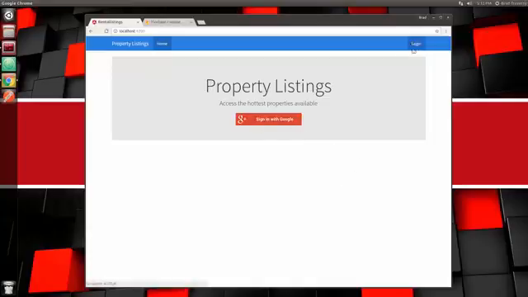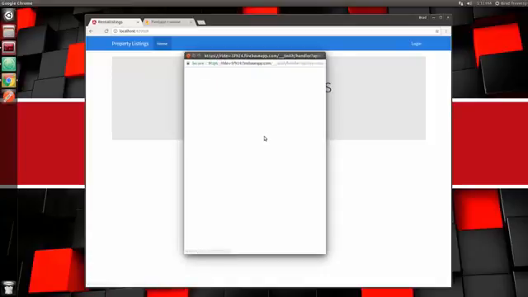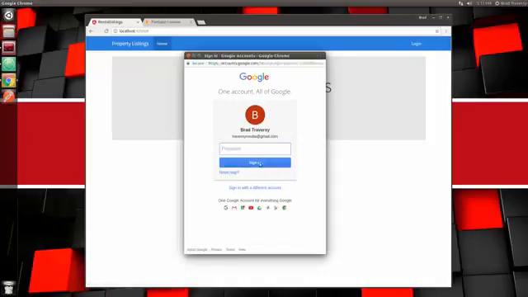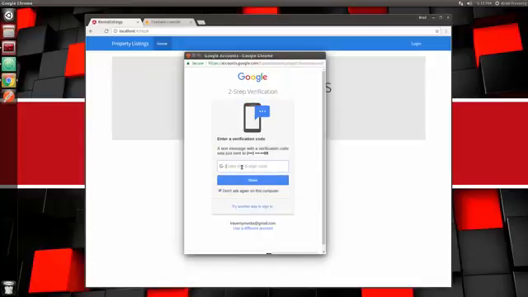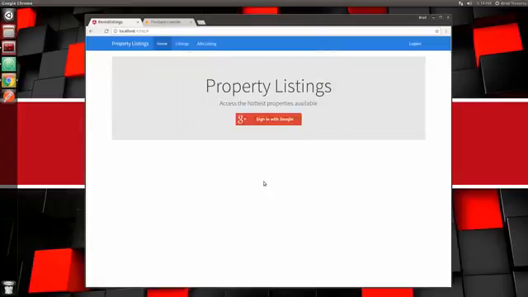button. You also have a login button up here, and if we go ahead and click that, you'll get your Google account, username and password, and so on. So I'm going to go ahead and log in here. Okay, so we'll sign in, and I actually have a two-step verification, so just give me a second here. All right, you guys won't have that issue unless you set up two-step verification with Google. Okay, so now I'm logged in, and you can see that now we have a listings and an add listing